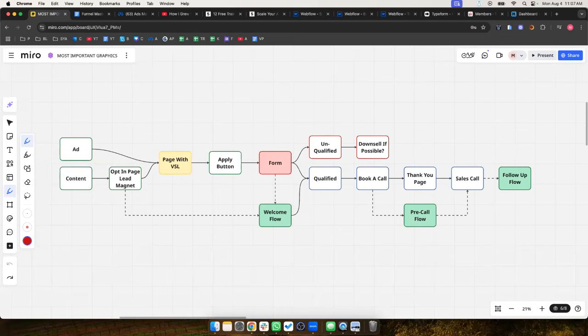The reason that you wouldn't want to do an opt-in page from your ads is because it just gets in the way. Your opt-in page might have a 10%, 20%, 30% opt-in rate, and that's going to exclude 70, 80, 90% of people who may very well be qualified but just don't want to opt in for whatever reason yet. You're actually hurting yourself quite a bit by running ads to an opt-in page if you are trying to do a basic funnel like this.